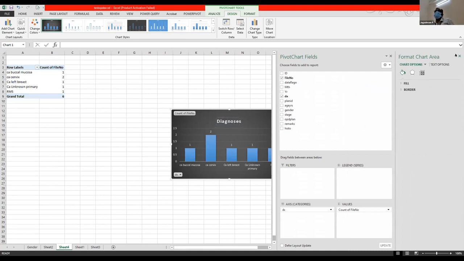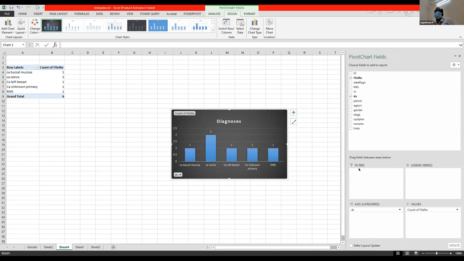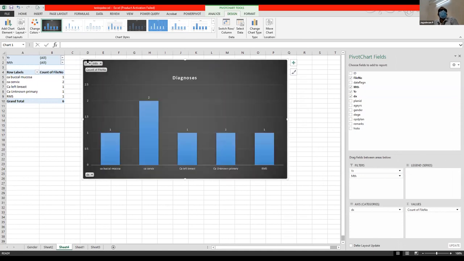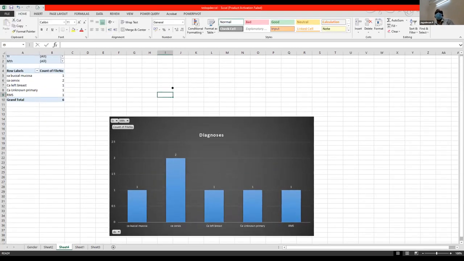So now the next part is adding filter. As we discussed, we have already created a month and a year. So pull this year down, pull that month down here. Fine. So now that year and month has already appeared in this box, let me make it big. Click here, you can select whichever year. Since there is only 1 year, we do not have any further information.